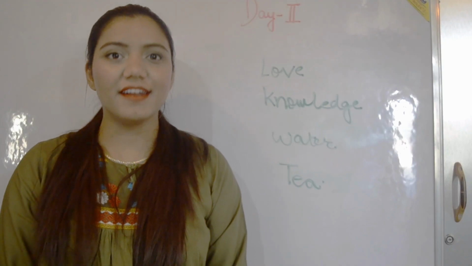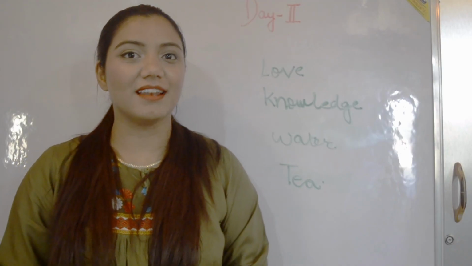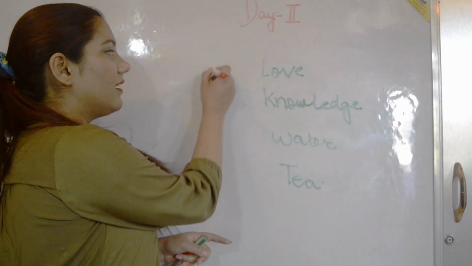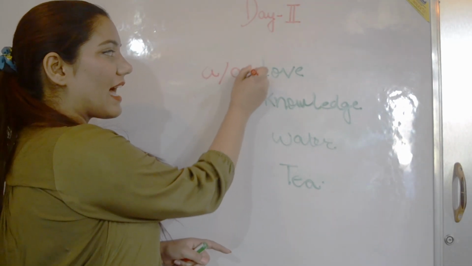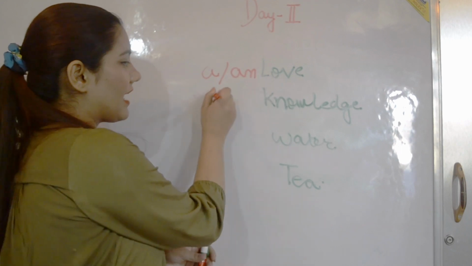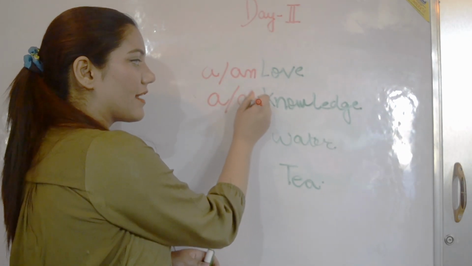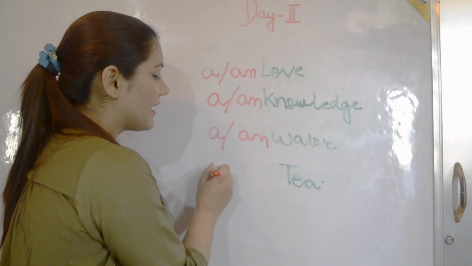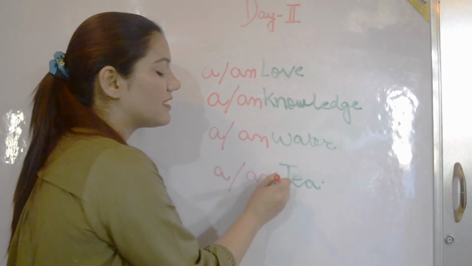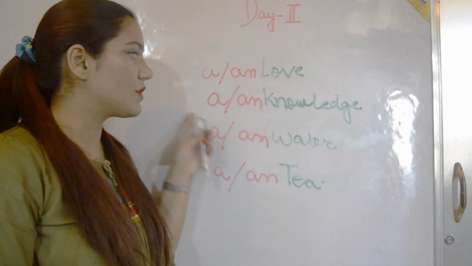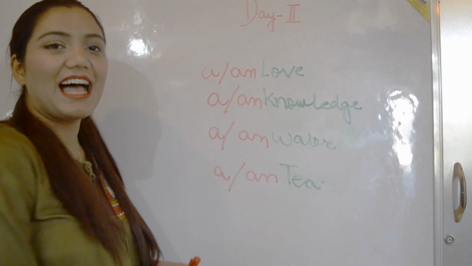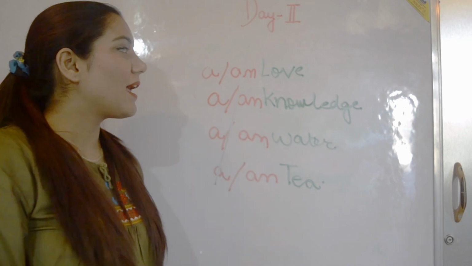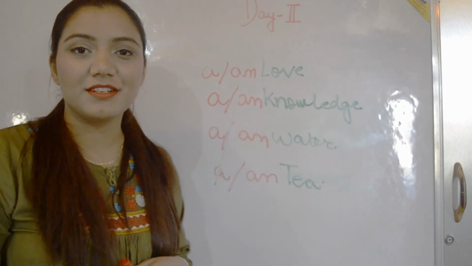Similar to air, there are some other examples as well. Let's look at these. Would you say a love or an love? A knowledge or an knowledge? A water, an water, a tea, an tea. What is the answer? Which one of these? Actually, none. Why? Because none of these is countable. We cannot